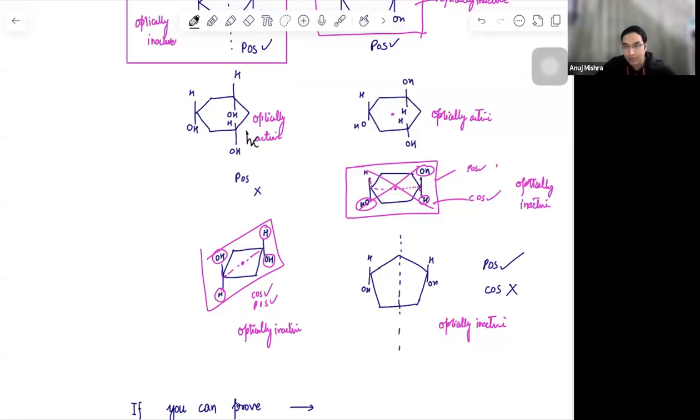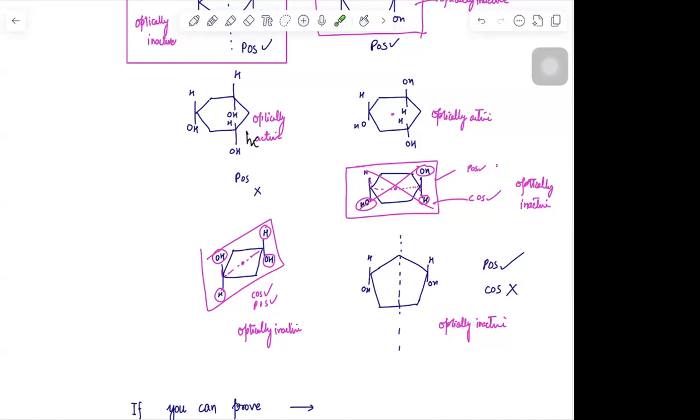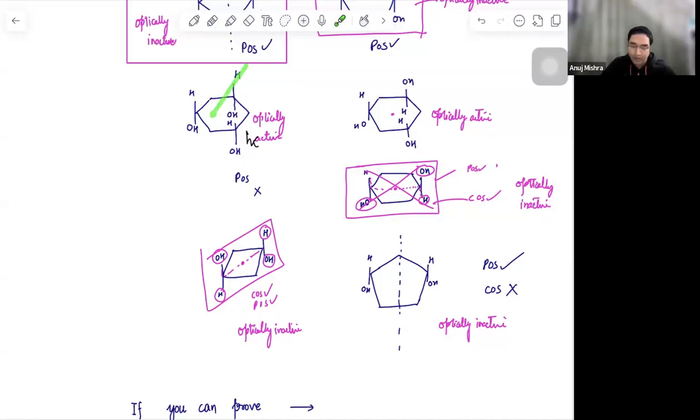Clear? Yes. Which plane is it, for that one? Yeah, this plane, any plane you can take. See, you can take this plane also. Somebody can take this plane. That depends on which one you want to take. But it will remain